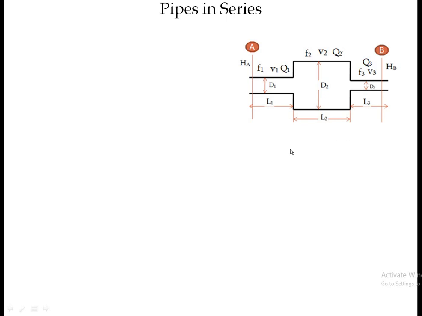To study the mathematical equations related to pipes in series, first we need to apply the Bernoulli's or the modified Bernoulli's equation between these two sections, section A and section B. So P1 upon rho g plus V1 square upon 2g plus Z1 is the total energy available at section A, equals P3 upon rho g plus V3 square upon 2g plus Z3, the total energy available at section B, since we know that at section B the velocity is V3. So the total energy available at section A equals the total energy available at section B plus the head loss between the two sections, section A and section B.